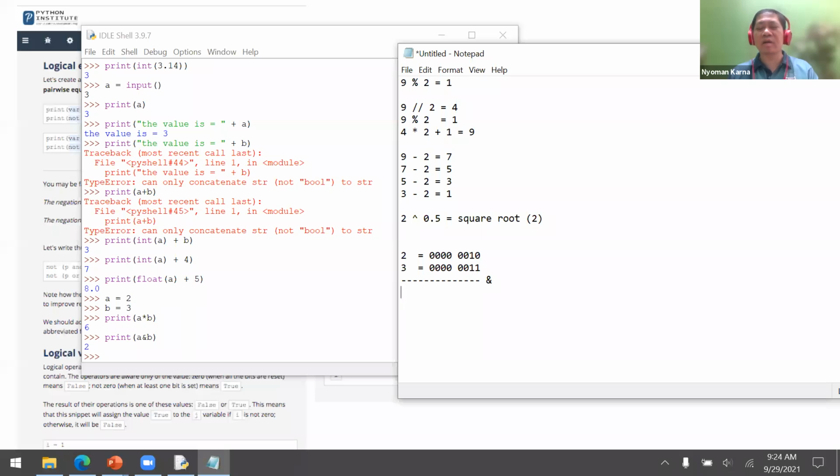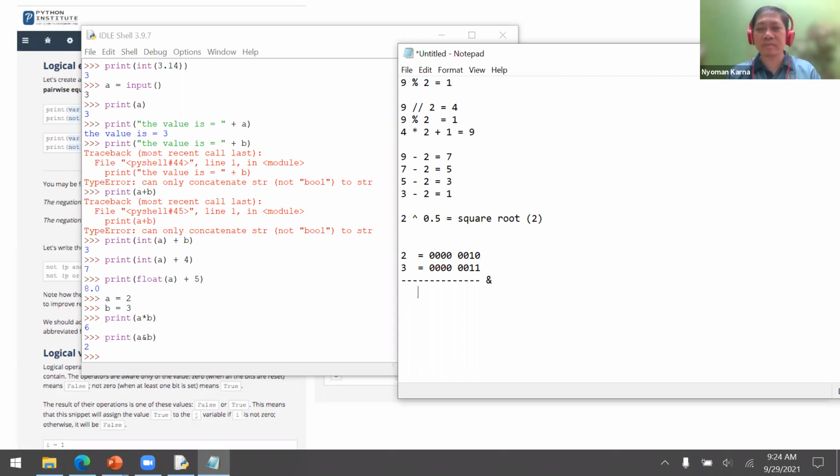In the AND operator, remember about our Digital course, it's just like 0 and 0 is 0, 1 and 0 is still 0, 0 and 1 is still 0, but 1 and 1 is 1. So it's just like multiplication, but only bitwise, bit by bit.